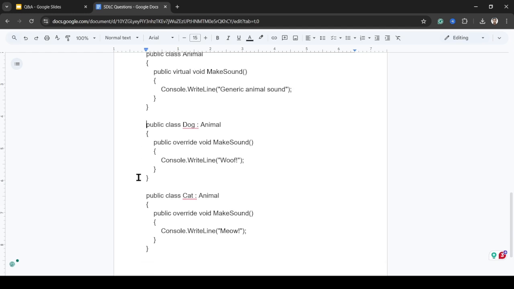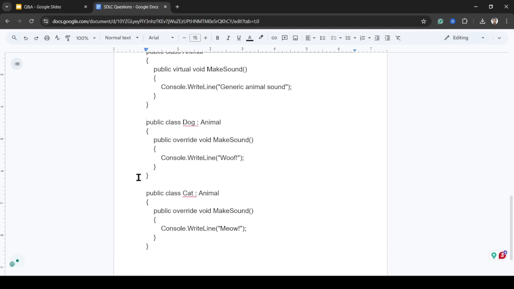Here two classes are derived from the Animal class: one is Dog and the other is Cat, and both derived classes override this function and make a different sound.